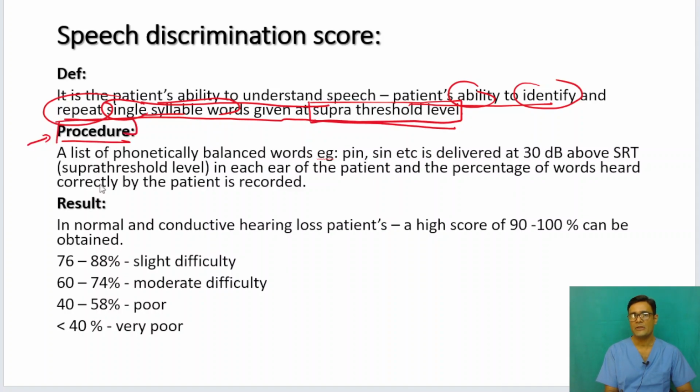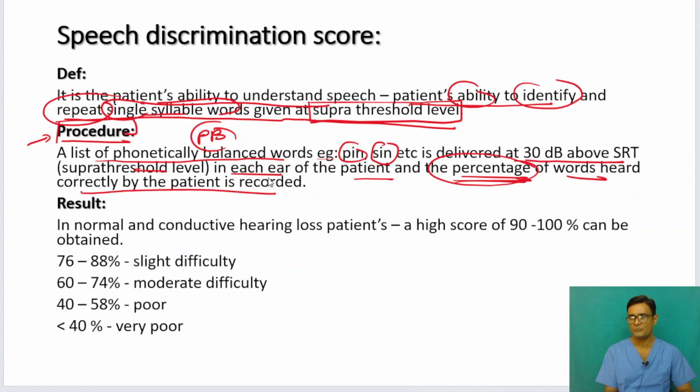What is the procedure? A list of phonetically balanced words, PB words, for example pin, sin, are delivered at 30 decibels above SRT. That is the suprathreshold level, in each ear of the patient, and the percentage of words heard correctly by the patient is recorded. So for speech discrimination score, you are taking 30 decibels plus SRT, that is 30 decibels more than